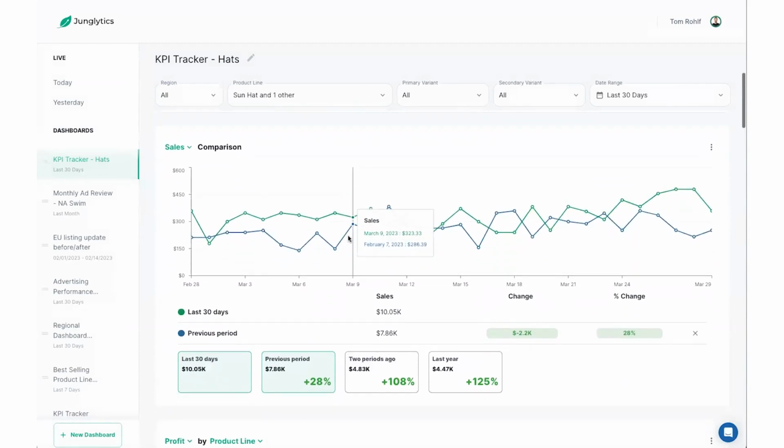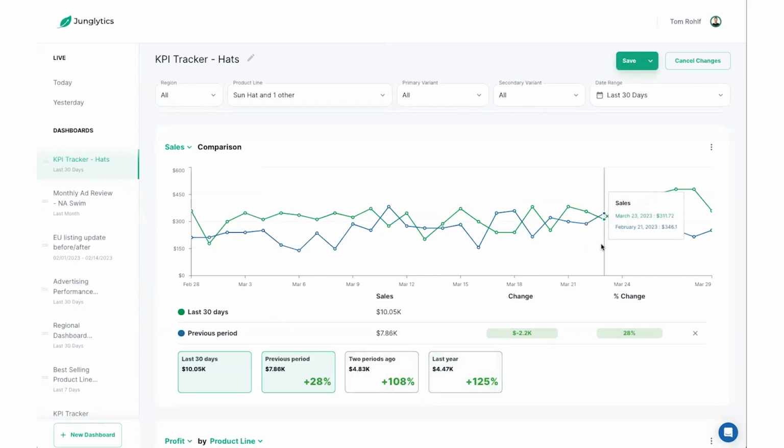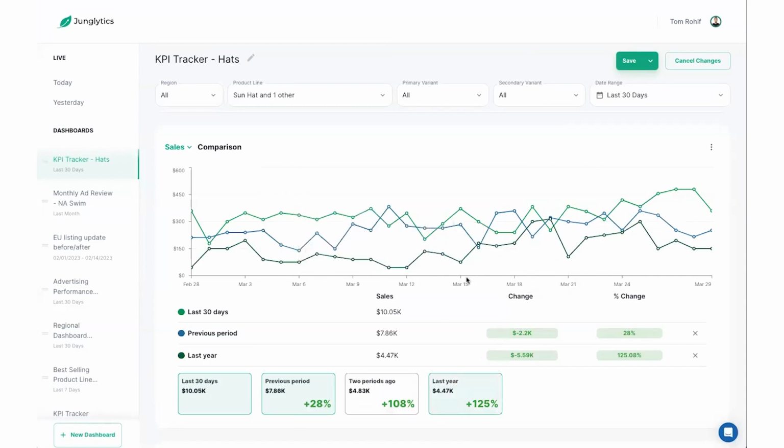So let's go back up to the top. We can see our sales comparison. This shows that, compared to the previous period, the days between 60 and 30 days ago, we had a 28% increase in the last 30 days. This tells me that we're on the right track. During this time of the year, our sales should be increasing period over period, and they are, at a rate of 28%. Similarly, I can toggle on and off different time periods and see how our sales compare over those time periods. This product was relatively new last year, so it's somewhat unfair to compare a brand new launch product with one that's a bit more mature. That's why you're seeing such a big increase over last year.